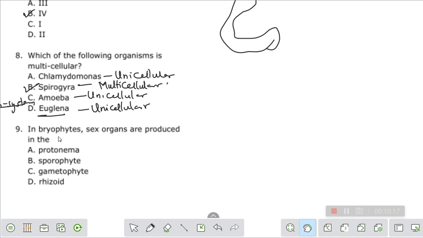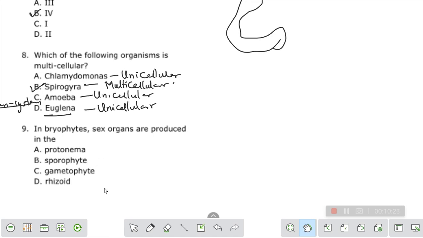You know that we also have tracheophyta. Tracheophyta is divided into two, and that is pteridophyta and spermatophyta. That's not what we are doing basically, right? So now the sex organs in the bryophyte are actually borne by the gametophyte. So take note of that. If they ask you where the sex organs are produced in bryophytes, it is actually the gametophyte. So the seed plants